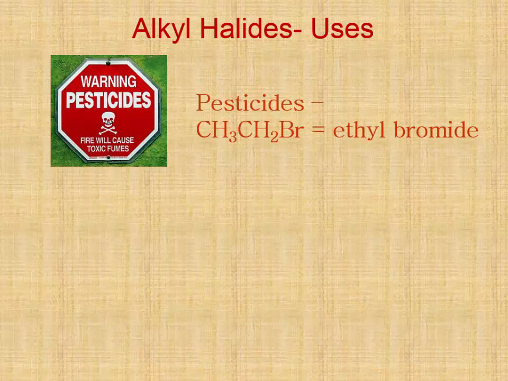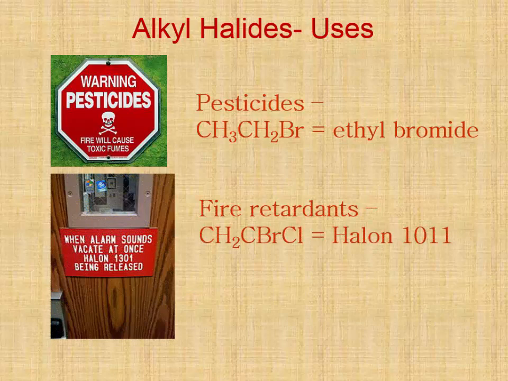We do still use alkyl halides as pesticides, and you may have heard of ethyl bromide. Ethyl bromide is used as a fumigant, and this is one of the pesticides that's used when people have their houses fumigated and you see the tents on top of their house. It's highly toxic. Alkyl halides are also commonly used as fire retardants because they are not flammable. So in the presence of a fire, say in a laboratory, that area will be flooded with an alkyl halide fire retardant such as halon. You better make sure you get out first or you might suffocate.